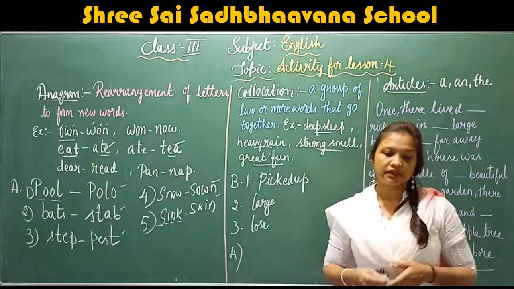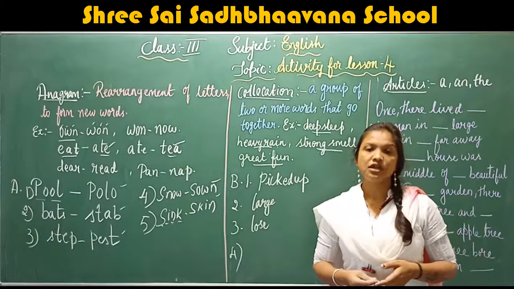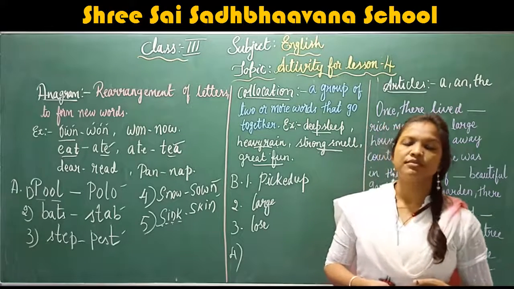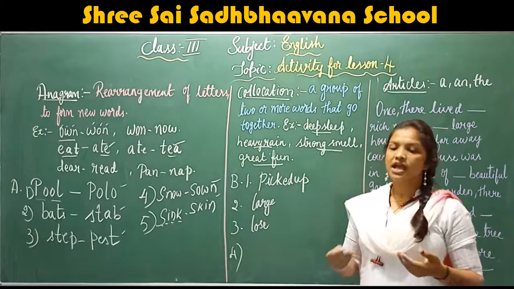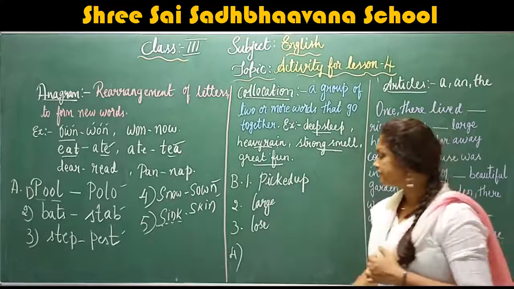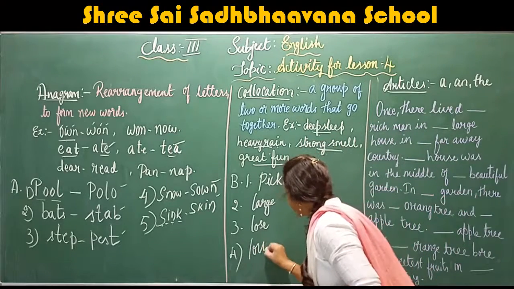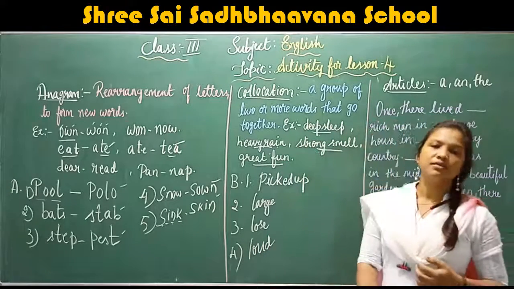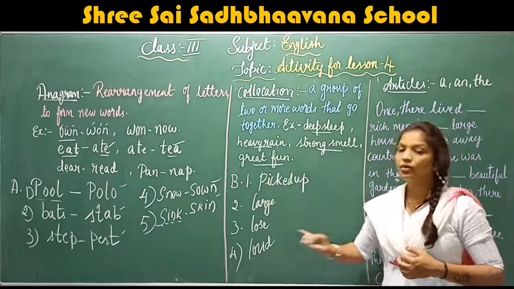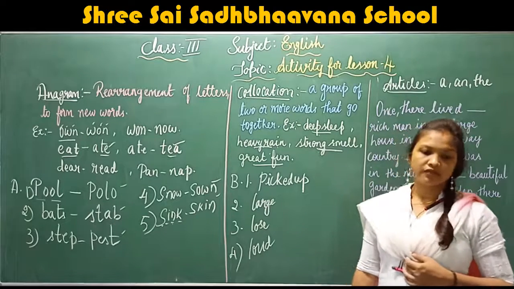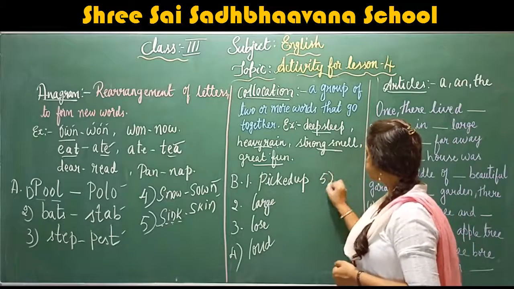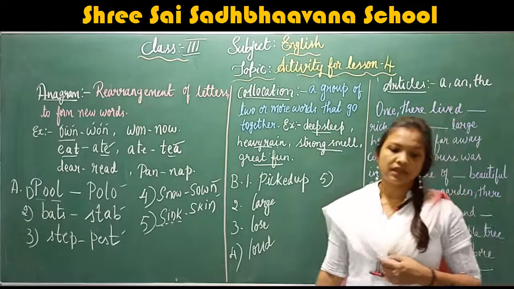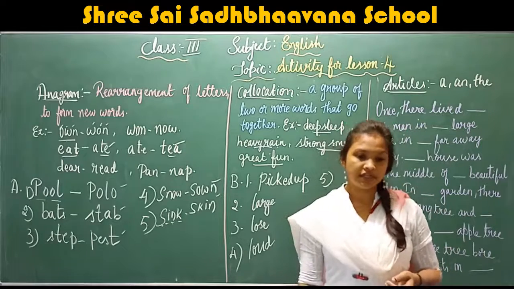Right. Now, the fourth one. The mouse heard the dash noise of the doves coming to his hill. What noise? Loud. What noise did the mouse hear? The mouse heard the loud noise, okay, of the doves coming to his hill. Now, the fifth one. What is the fifth one? The doves were dash difficulty.